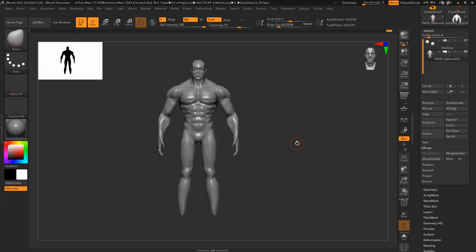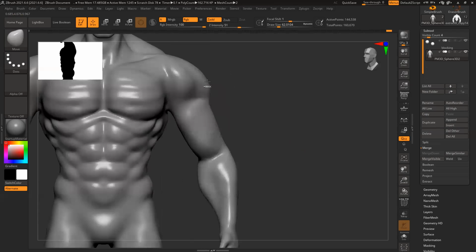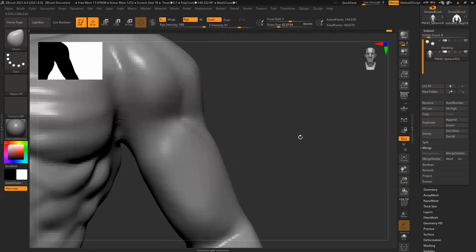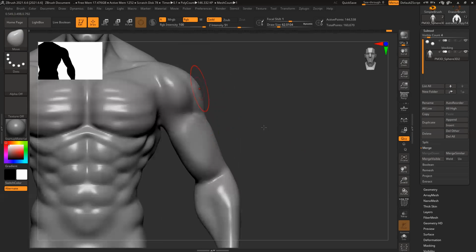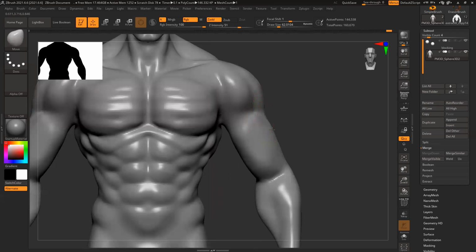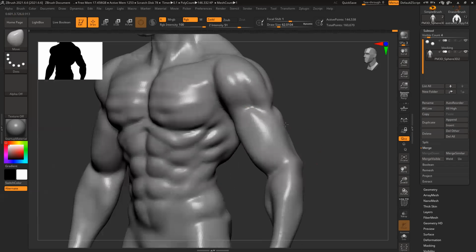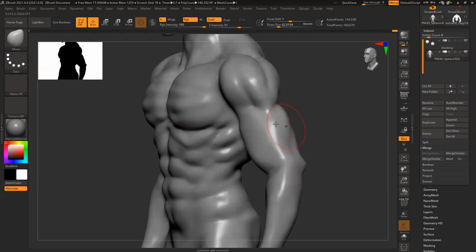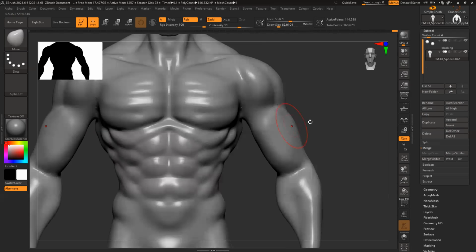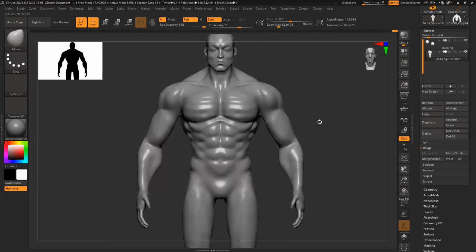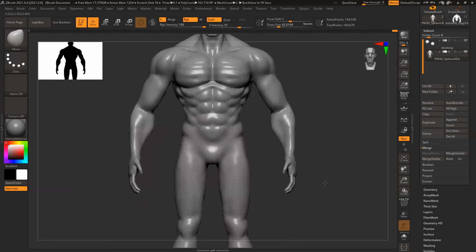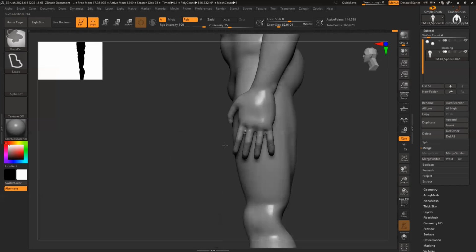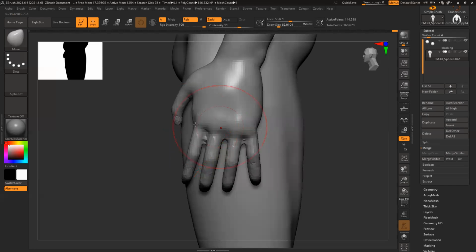Still a few things have to be fixed. And the hand, fingers are not straight, they're slightly curved.